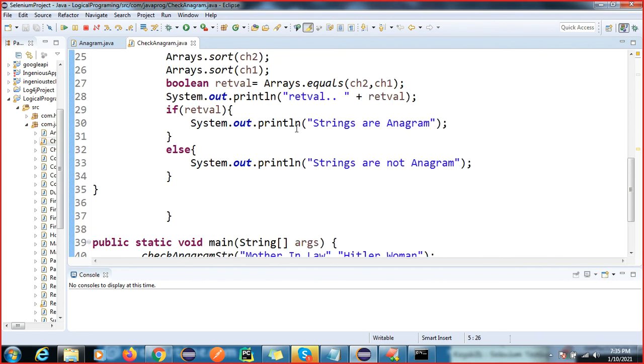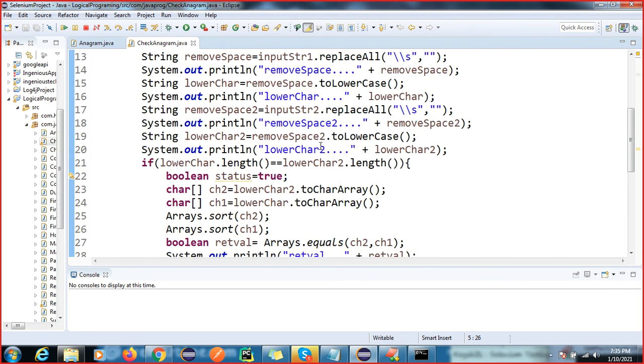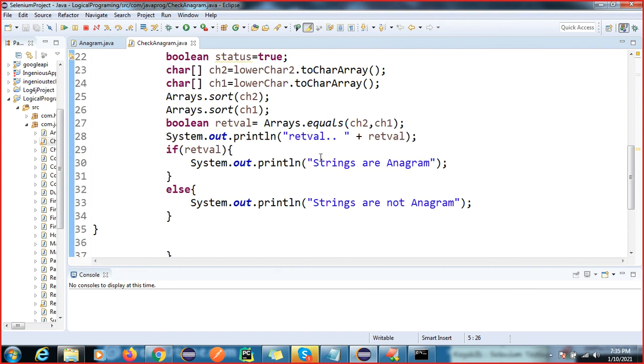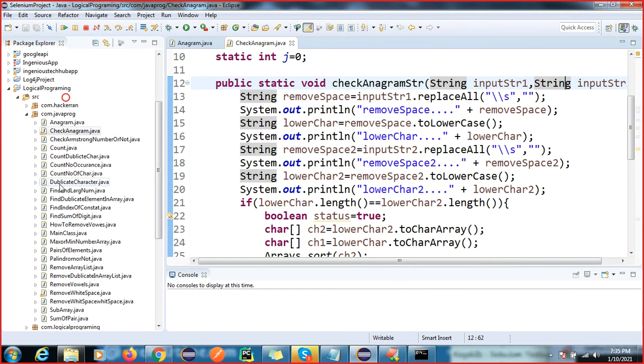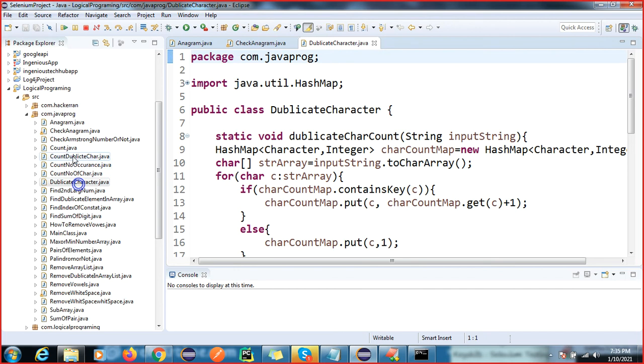You have to check whether a string is an anagram or not. So this is the string value. Here we don't have any array duplicate character. No, it's not there.